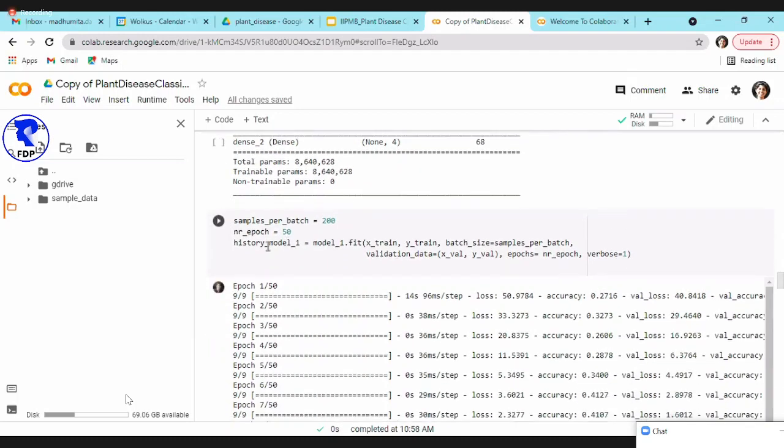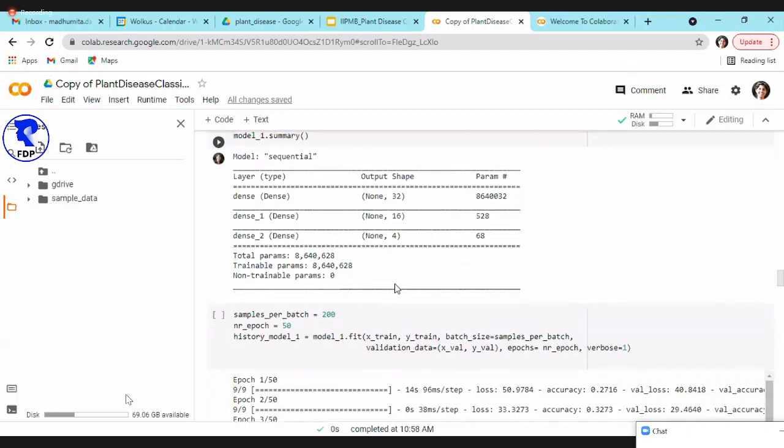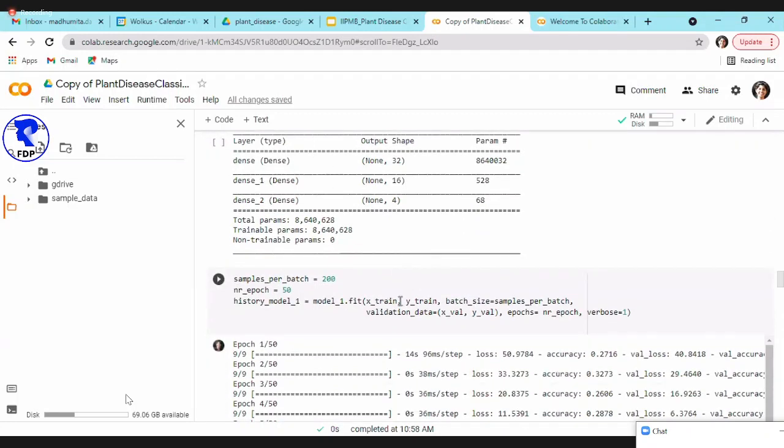And this is all the parameters I decide. Now I fit this. I use the train X data, map it to the Y train. I mention the batch size, then the validation data. And then I say the number of epochs, which is 50, and verbose.